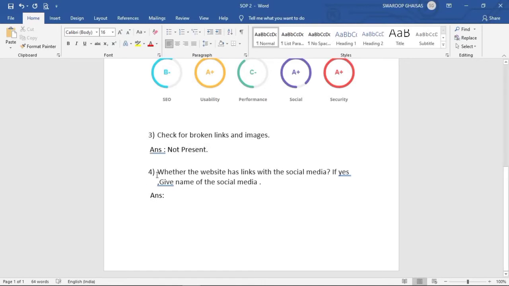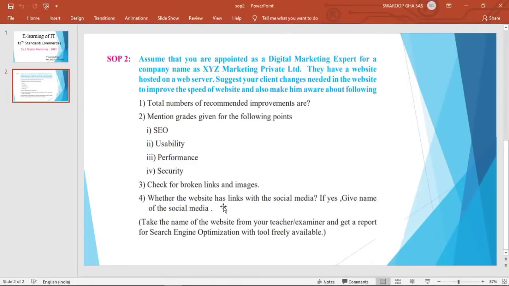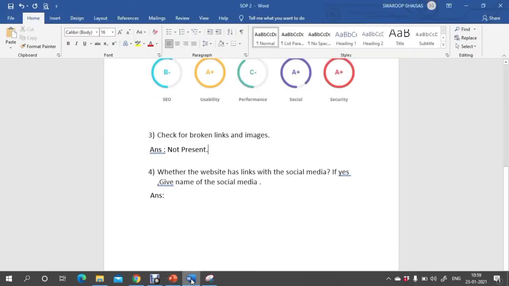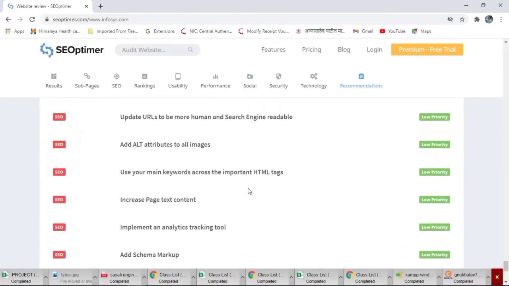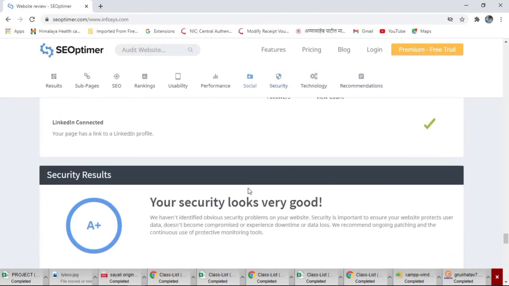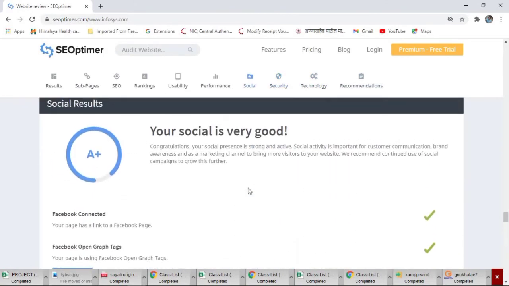Now let us read the next question. See here: whether the website has links with social media. If yes, give the name of the social media. So let us check whether the website has links with social media. See here in the last section, before security, that is in the social part.